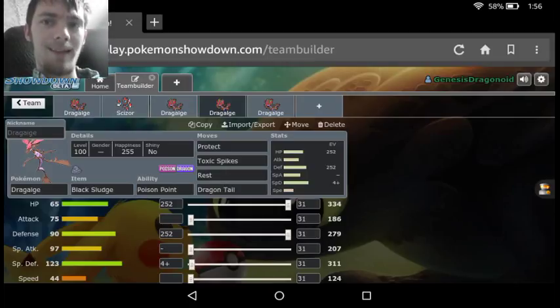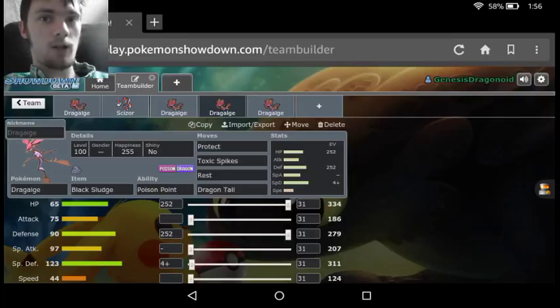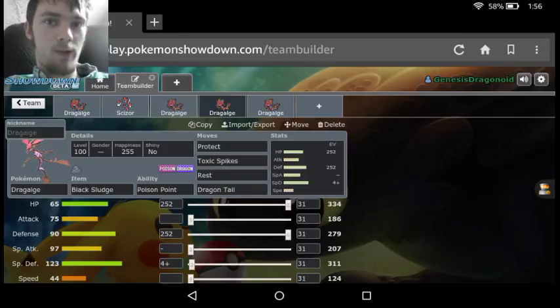Then we have Toxic Spikes there as a setup. Toxic Spikes poisons all Pokemon that land on it, except for Steel, Poison, and Flying types, and if the Pokemon happens to be a Poison type, it'll actually swap the Toxic Spikes and get rid of them. So Toxic Spikes are basically there just to shut down stuff that's really tanky, that we can't really do much damage to, which we're not really going to do much damage with Dragalge in this set. Then we basically just throw out the Toxic Spikes and we wait for their health to get down enough,